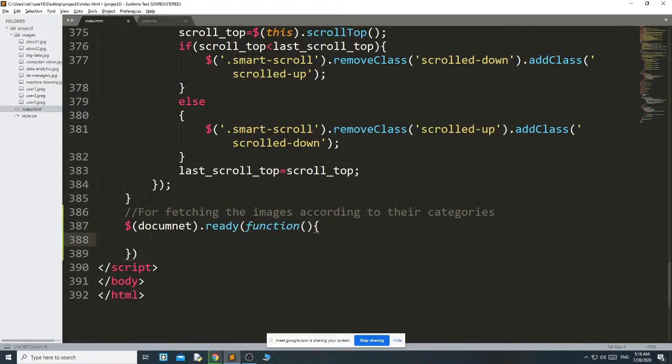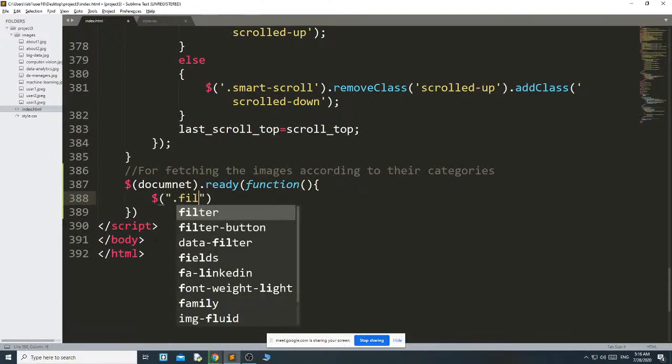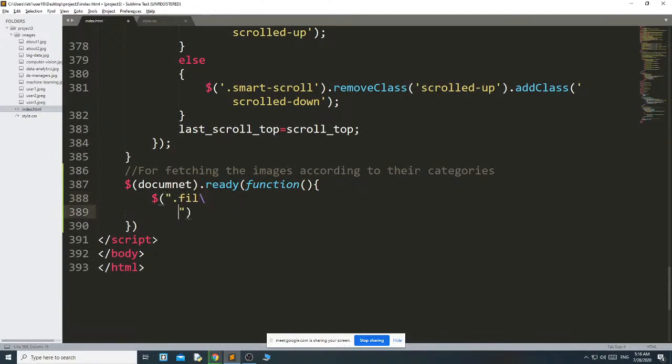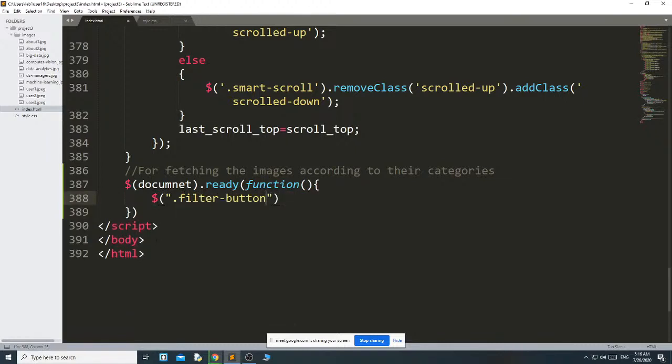Then, I have a filter button class name, that's why I just use dollar dot filter button. Once you click on any particular button, by using this class I will get that value, meaning which button you are clicking. That's why here I have to use click, and remember that this C will be small, else it will not work.